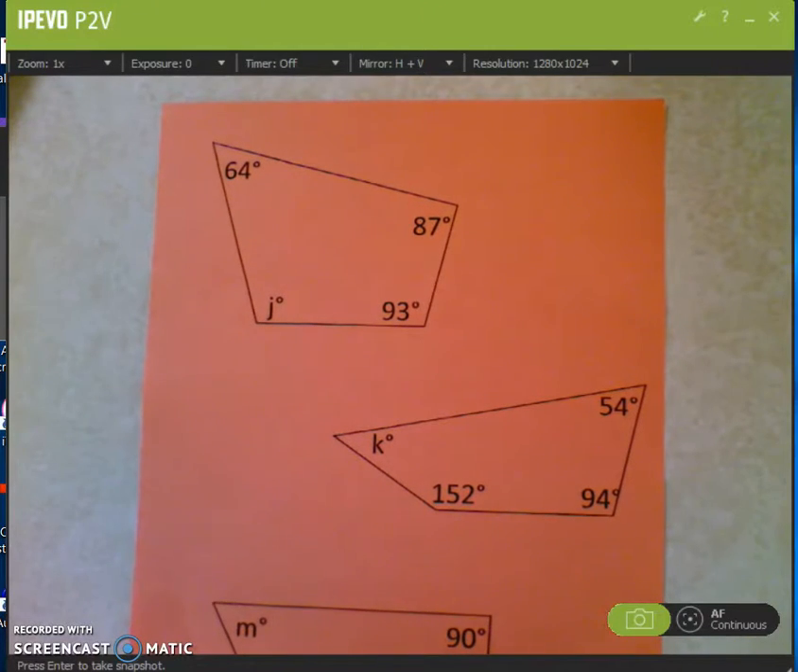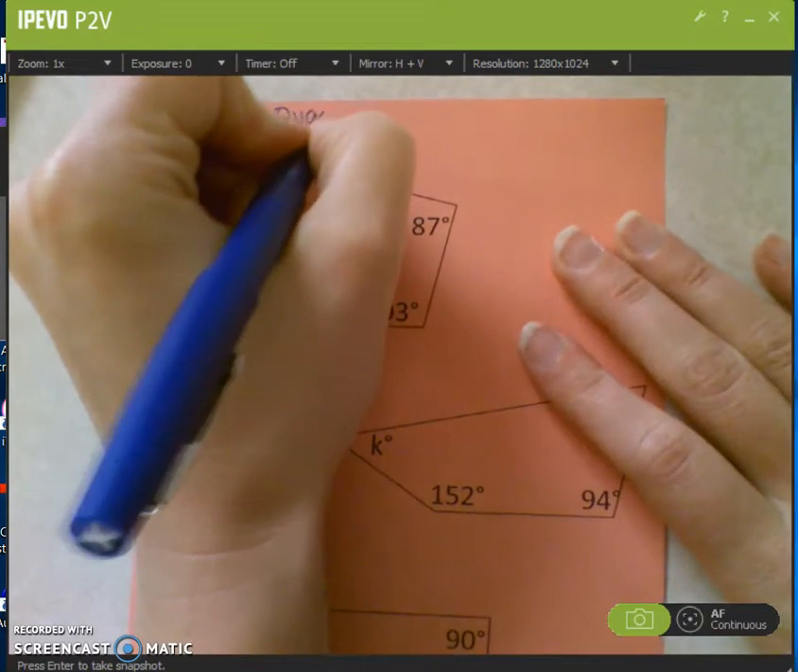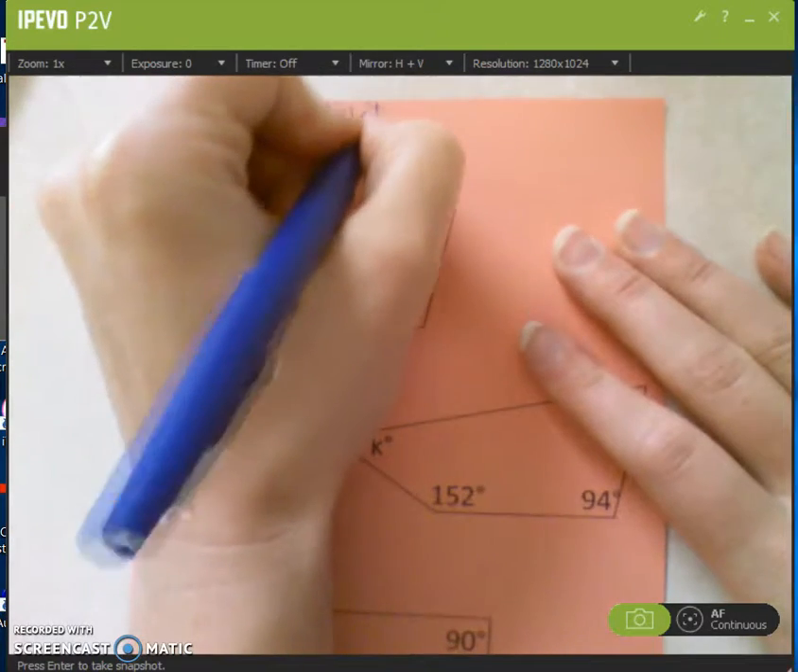Okay, so just a minute ago we worked on triangles. Now we're going to look at quadrilaterals. Quadrilaterals are four-sided shapes. And quadrilaterals, I want you to write this at the top of your paper. Quadrilaterals